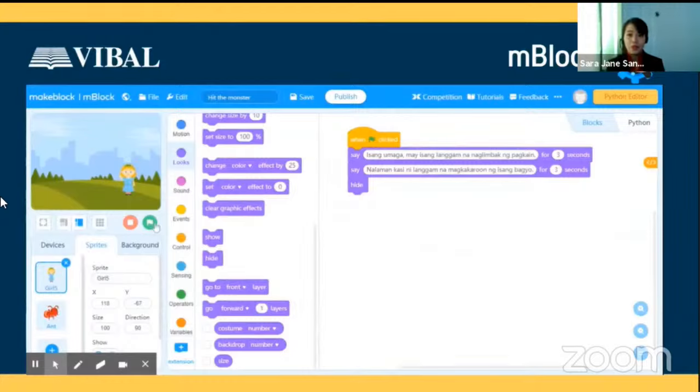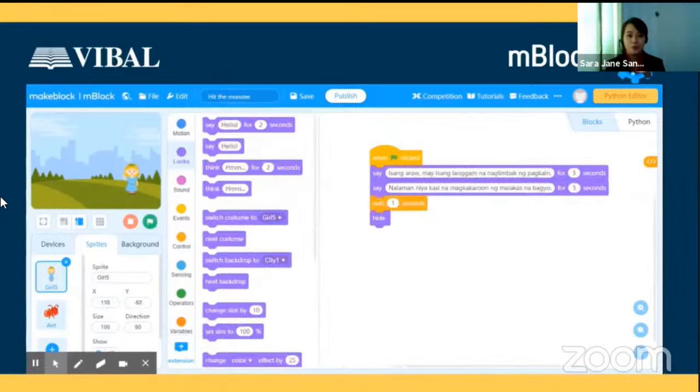Kasi si narrator pa lang yung na-program natin. Now, how about si langgam? But before I show you the video on how we can program si langgam, dito as you can see na mako-cultivate natin sa mga bata yung logical thinking nila. So there are different set of commands in each blocks and talagang mag-a-analyze sila. So analytical thinking kung paano nila mapapagalaw or ma-animate yung mga sprite or yung mga characters dito. Now let's see yung kay langgam.